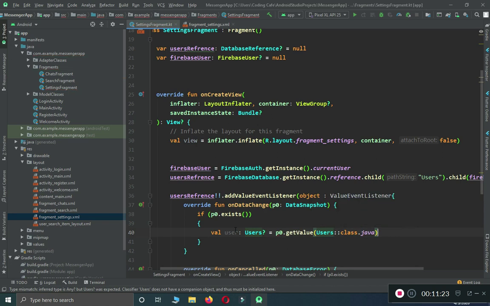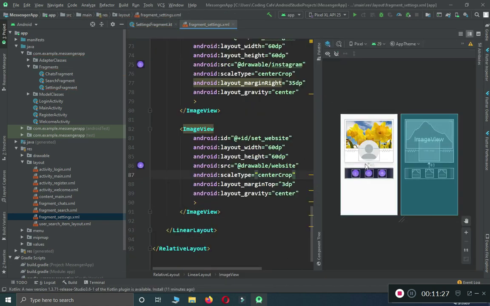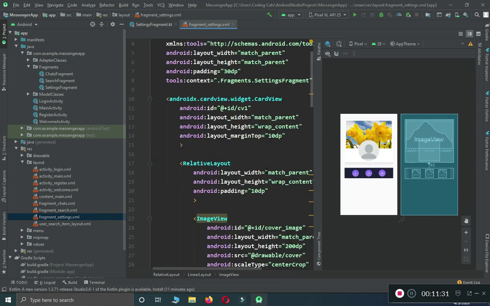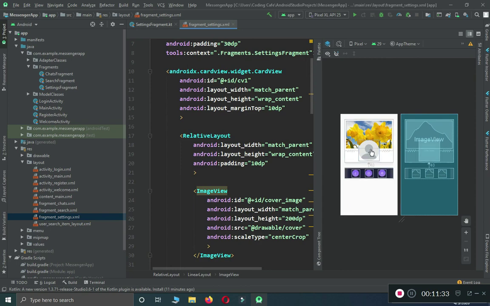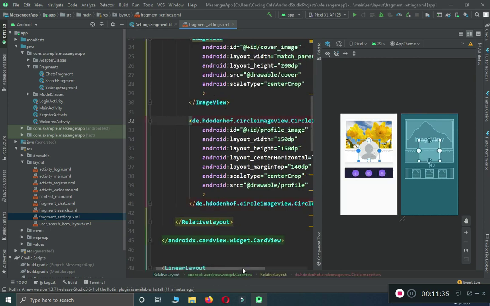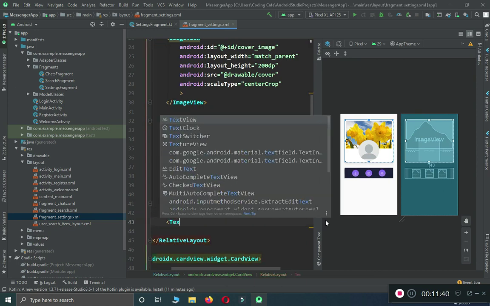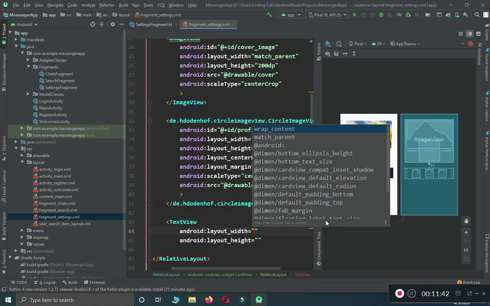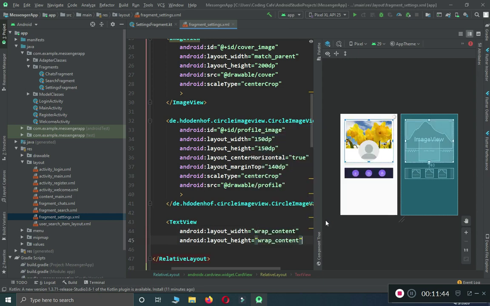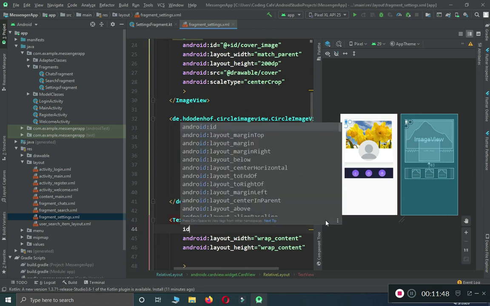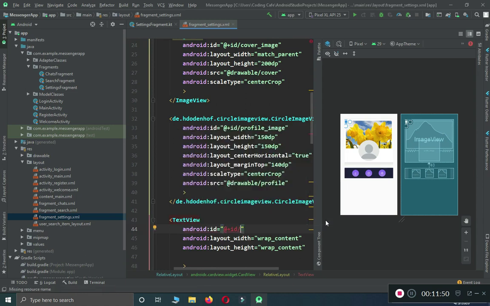And then one thing which we forgot is to add a text view where we will display the username of that person. So in order to do that, after our circle image view, let's quickly add a text view for displaying the username. So text view, which will be wrap content, and the important thing is first we need to give an ID to this. Since it is on our settings page, we can say username